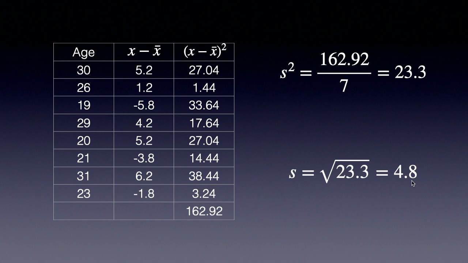So the idea is that the smaller the standard deviation, the more clustered about the mean that the data would lie, and the larger that the standard deviation is, then the more spread out the data is from its mean. So that is how we work with measures of spread,